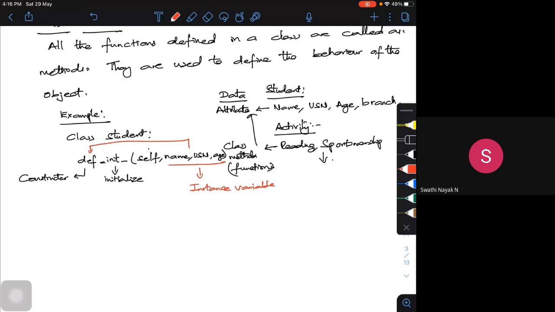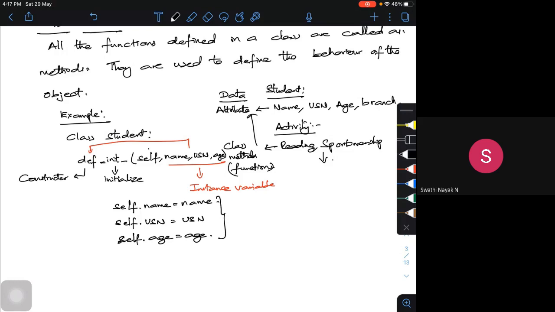Now if I want to define a particular name, I will simply tell self.name is equal to name. Self.USN is equal to USN. Self.age is equal to age. All these are variables which I am trying to define. So these are instance variables I am trying to define.